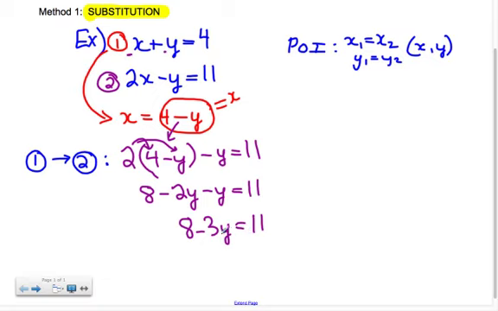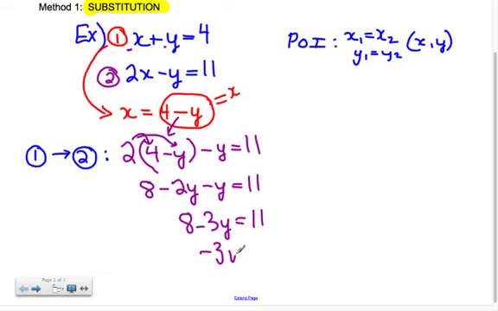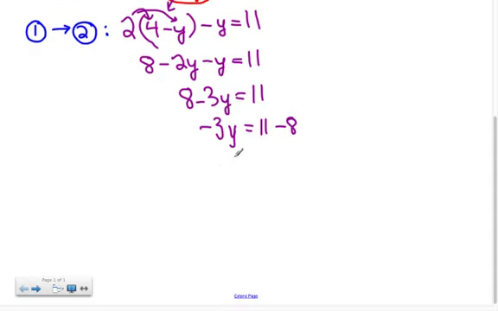I'm trying to get y by itself, so let's get rid of all the stuff around the y. I'm going to subtract 8 on both sides. So minus 3y is equal to 11 subtract 8. We keep going. Minus 3y is going to equal 11 subtract 8 is 3. And then I'm going to divide both sides by -3, divided by -3, and so y turns out to be